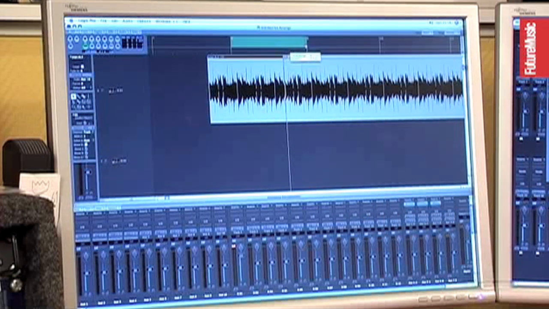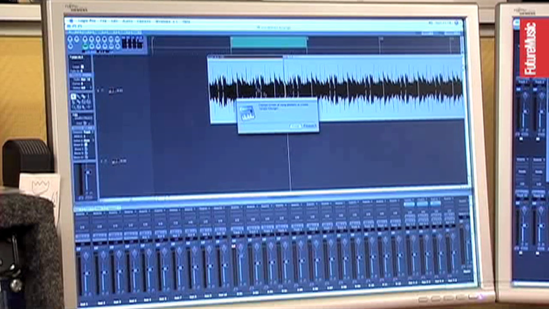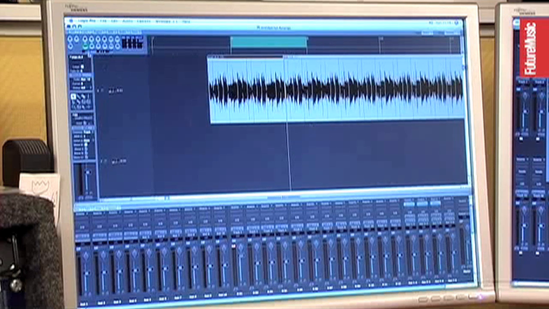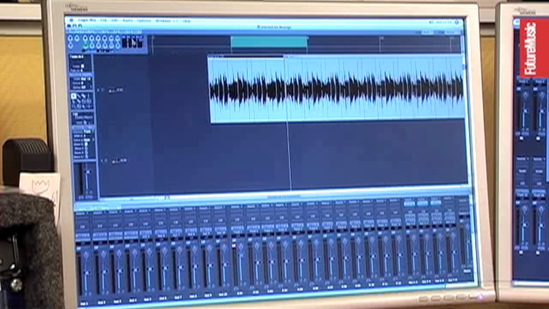And in Logic you highlight one bar, and you can set a key command. It's called adjust tempo to length and locators, and it's A on my setup. You press that, and then it asks you if you want to do it globally. Yes, and here's the tempo. So it's 129.99. Fairly big chance that's 130. I know he uses Cubase, so sometimes there's a little bit of difference between PC and Mac, believe it or not, but most of the time it's pretty accurate.